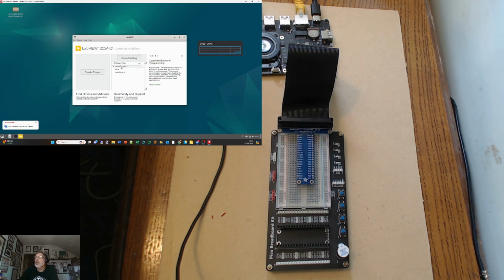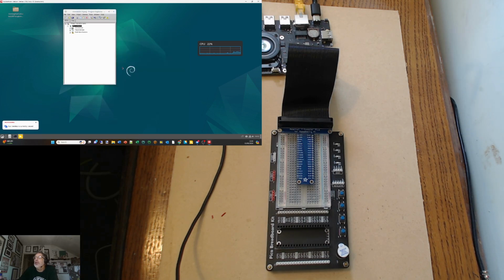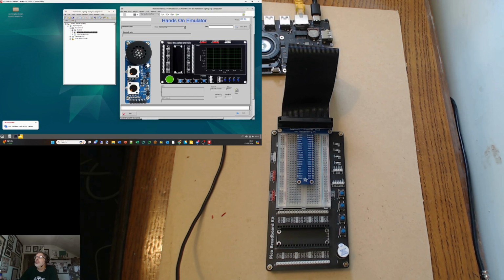That's quite nice and quick, nice and snappy, I think. We'll load our hands-on. The hands-on project is relatively big. I mean, it's got stuff going on. So you can see there's lots of bits and bobs in the project. You can see again, quite snappy. You know, this is not a supercomputer, but